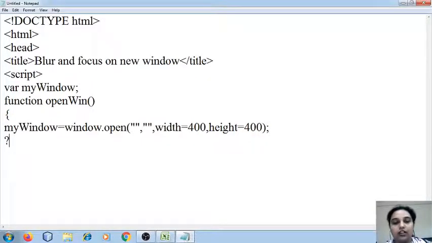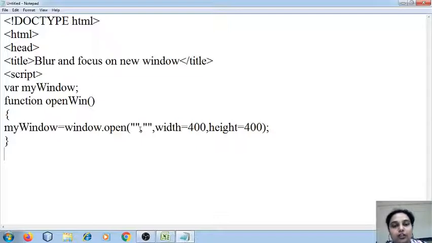So what I have done, I have written a function which is going to help me open a new window. I have used the open method of the window object and then specified the width and height. I have opened a blank window. You can observe that I have not specified any URL over here.